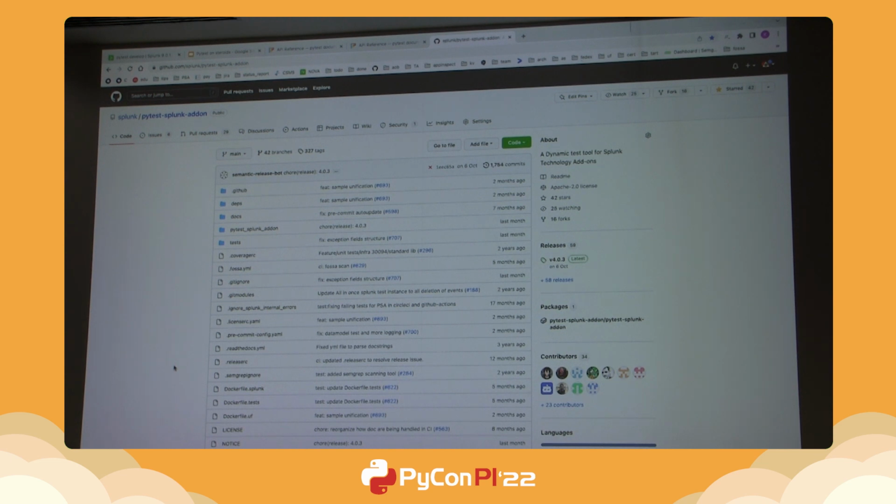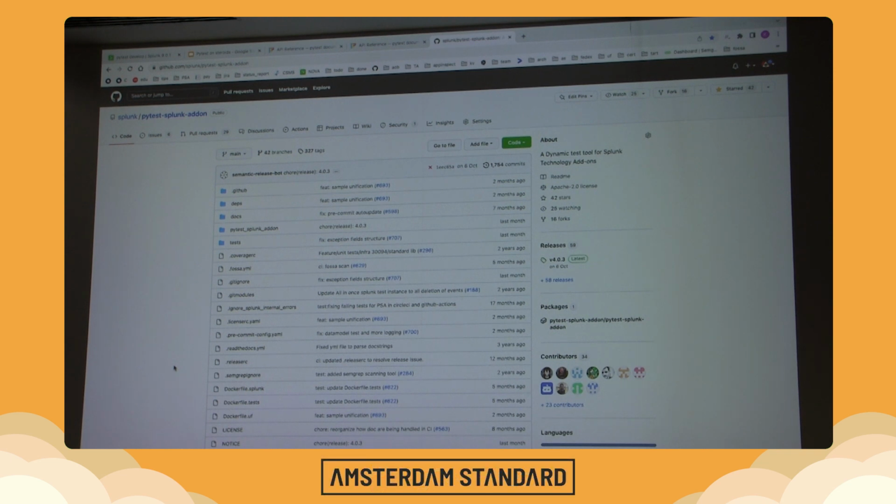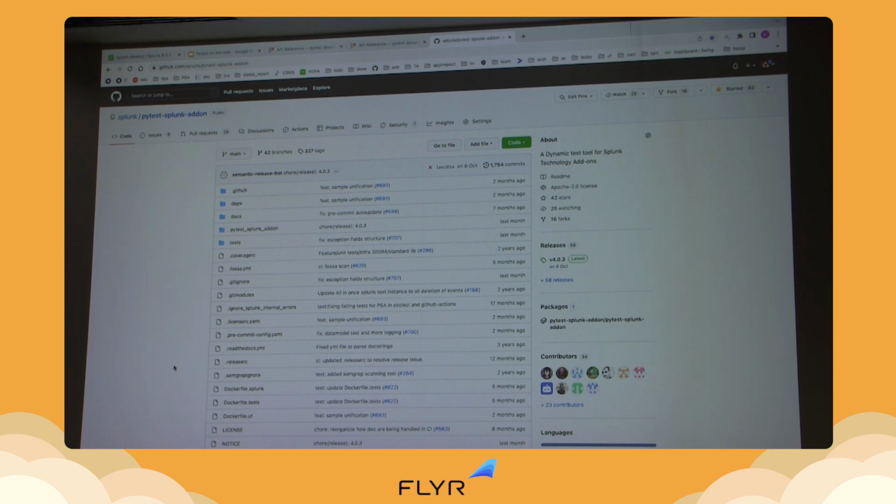I think the idea for this framework was to just write code, just write add-ons for our Splunk and automatically generate tests. Yeah, unfortunately, most of the plugins are closed source. They are not open source, but the framework itself is open source. So probably it's going to be hard to find an example of using that. But yeah, there are of course other people also using that. So maybe